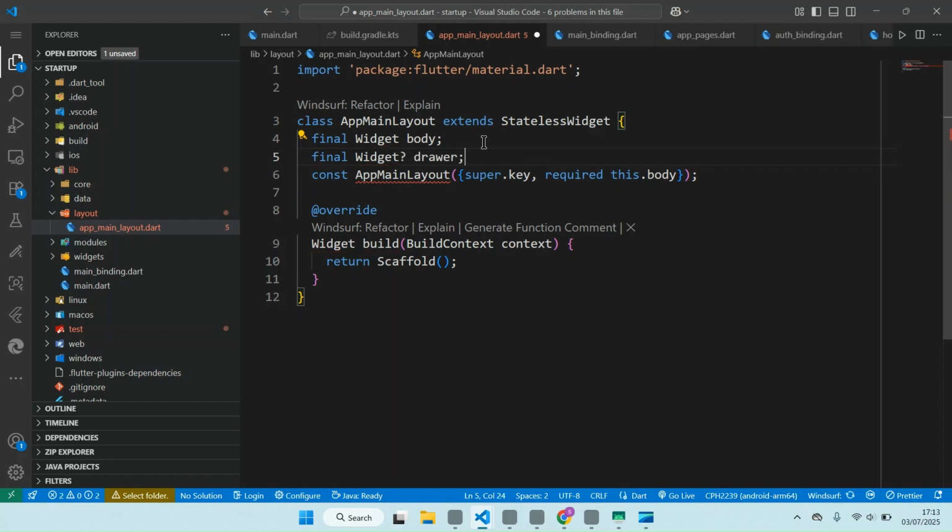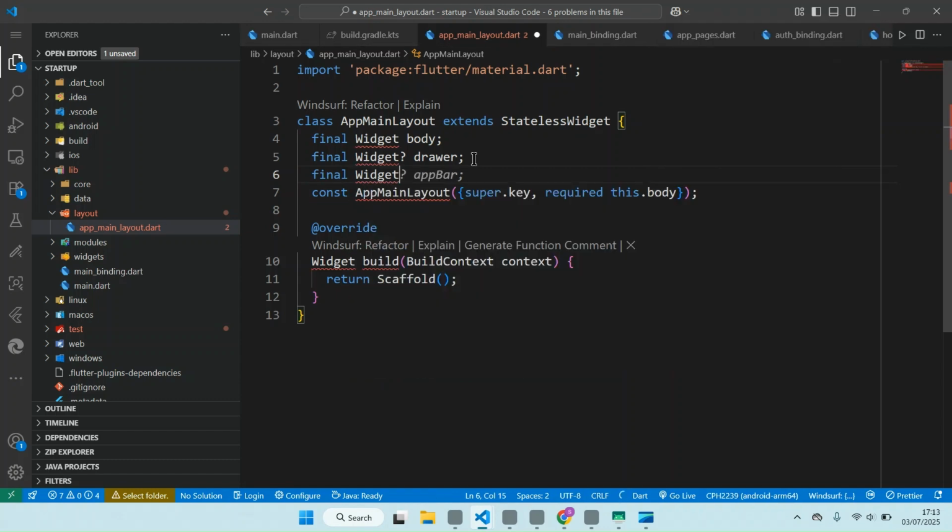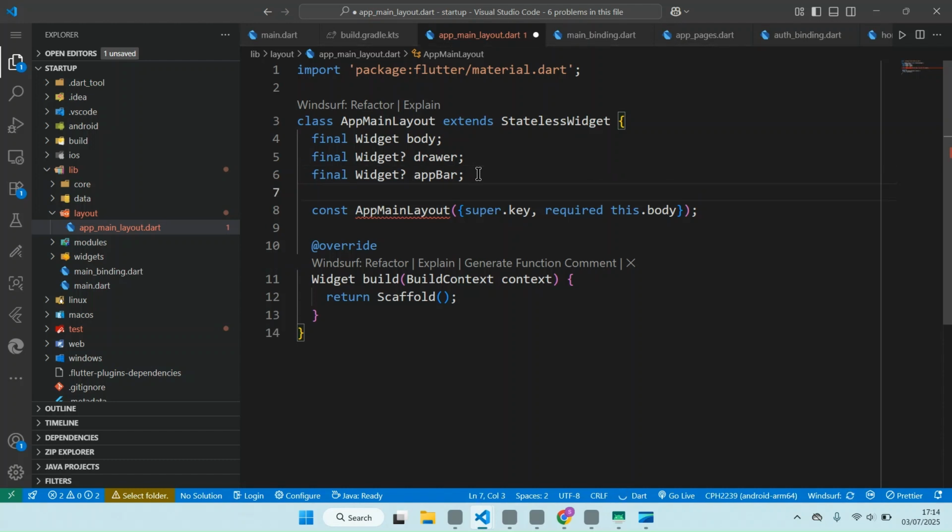We can also do maybe a drawer, also a final Widget, and let's say app bar, also a final Widget,